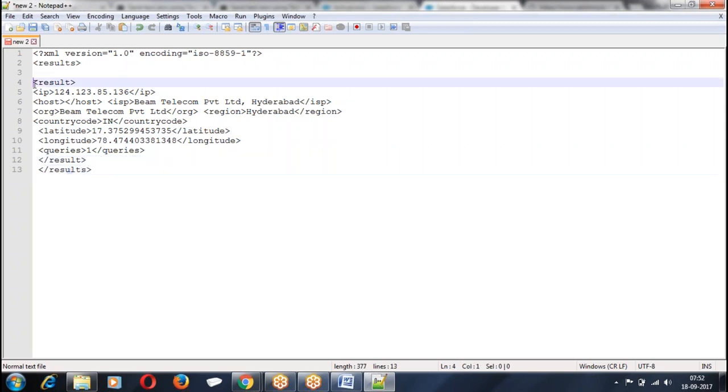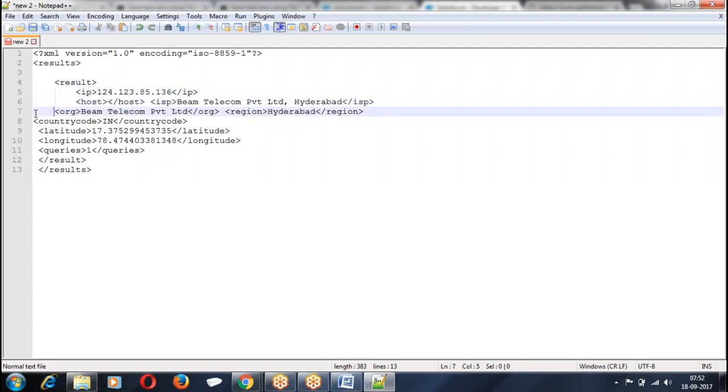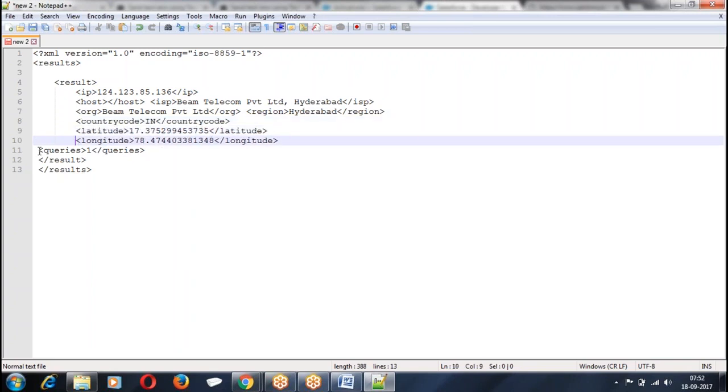This is how we got the data. So my response is, results is the root element, change element is the result. Under the result we have the rest of the data. This is the response we received. Once you got this response, how do you